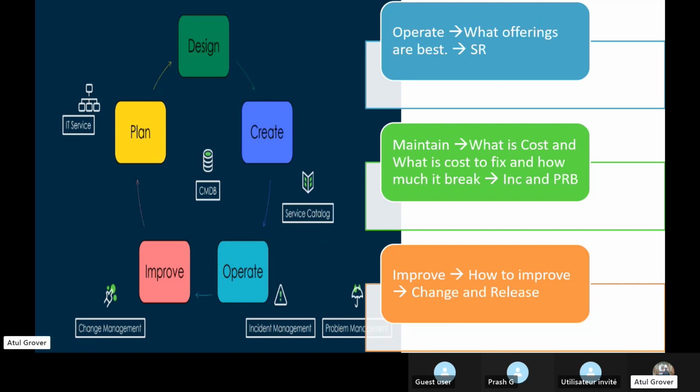What are all these? These are maintenance. And how do we track? We track either with the help of incident or with the help of problem. These 5 modules you are seeing here, we will deep dive into completely. And then how to improve.